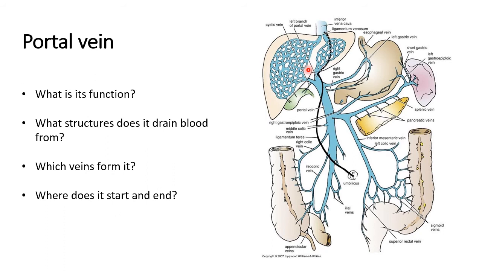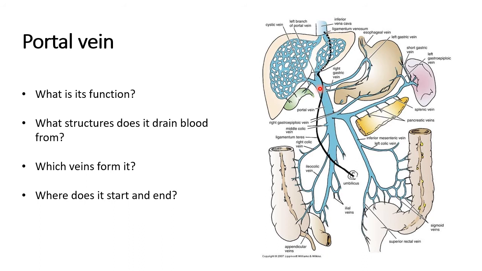So venous blood, which includes the absorbed nutrients from the intestine, does not directly go into the inferior vena cava and then into the systemic circulation, but moves through the liver, and to reach the liver there is a portal